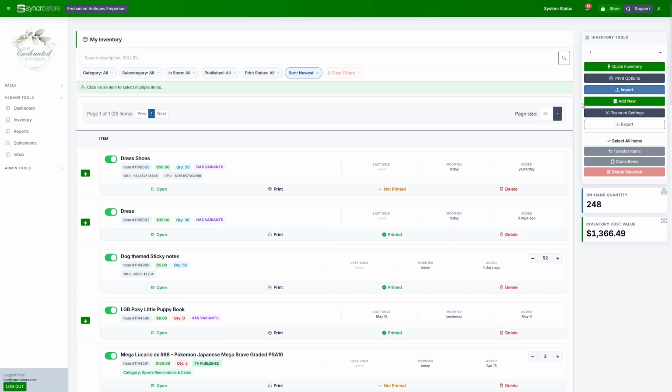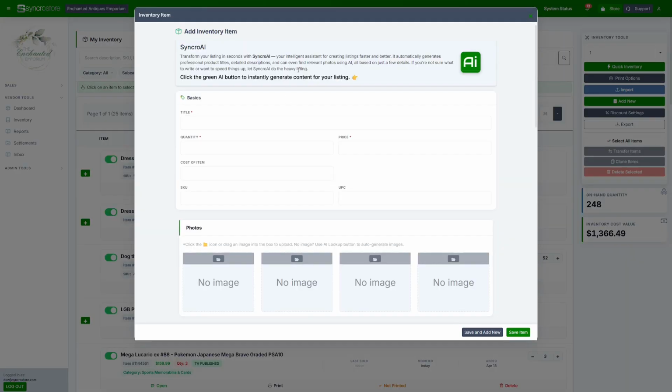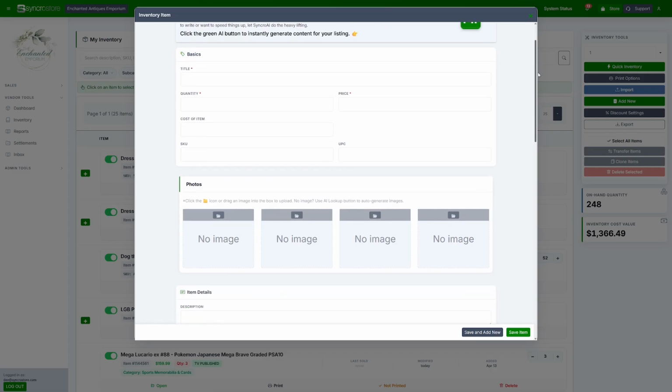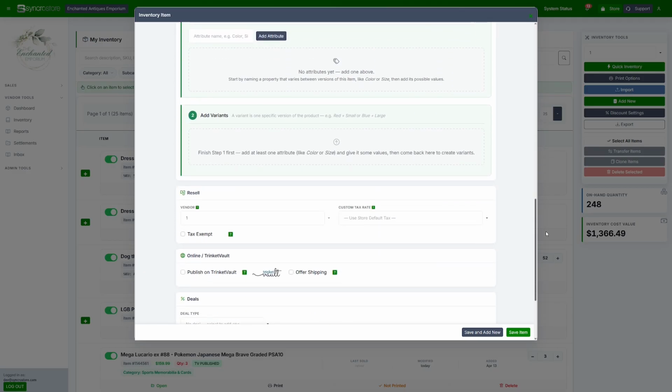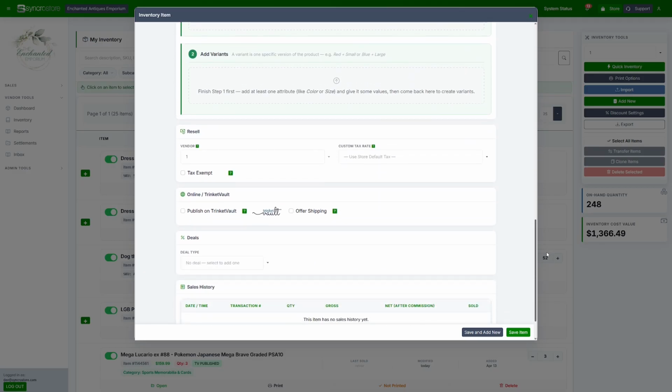In this video, we'll be going over the Add New option to add a detailed or more descriptive item to your inventory. In order to bring up the pop-up menu, simply click Add New. It will display the pop-up menu in which you can input item characteristics. The menu is made up of several different sections: Basics, Photos, Item Details, Product Variants, Resell, Online Trinket Vault, Deals,